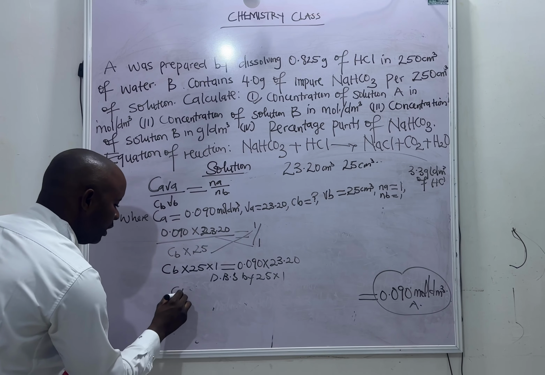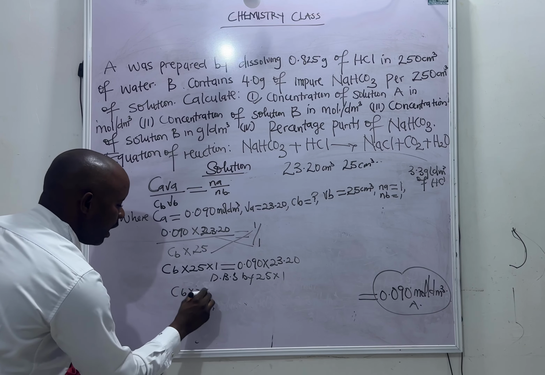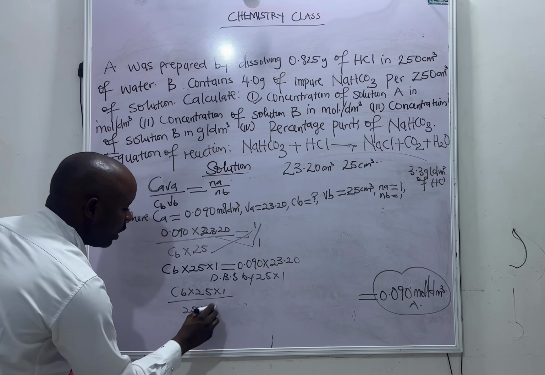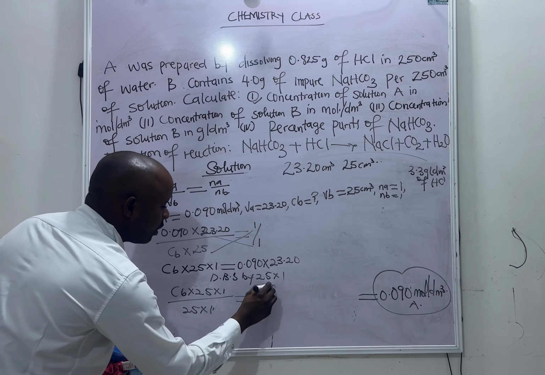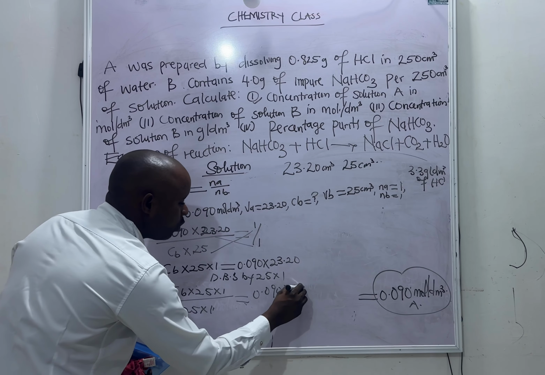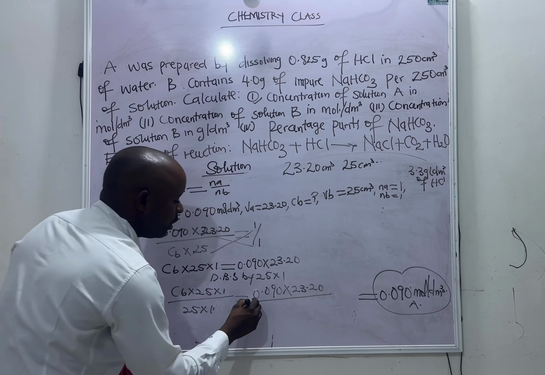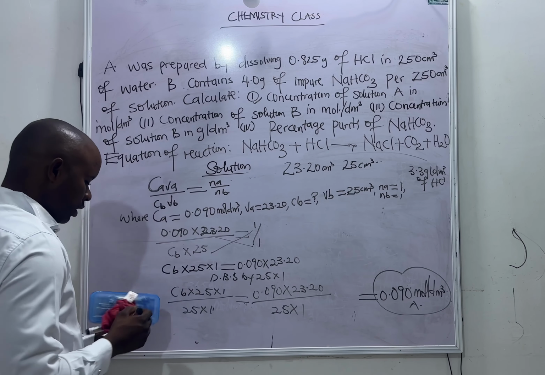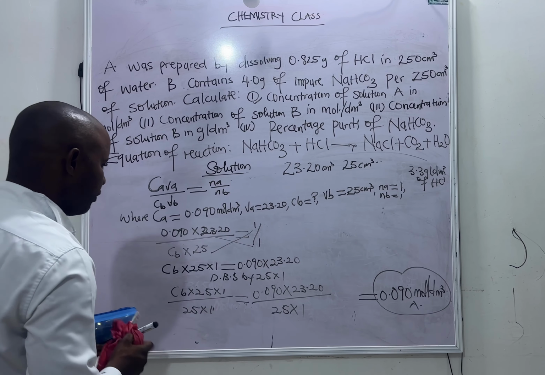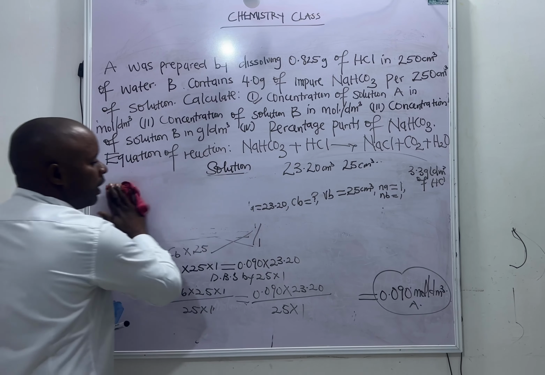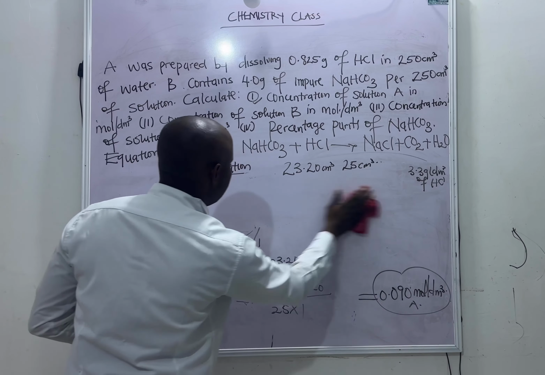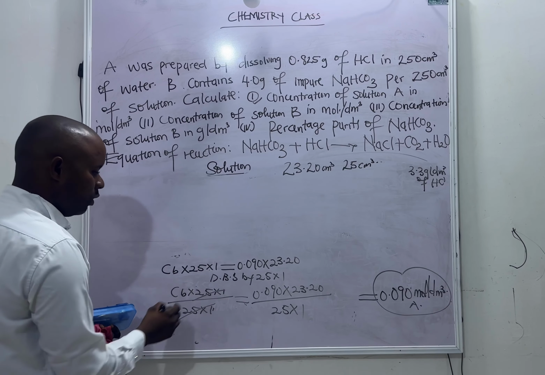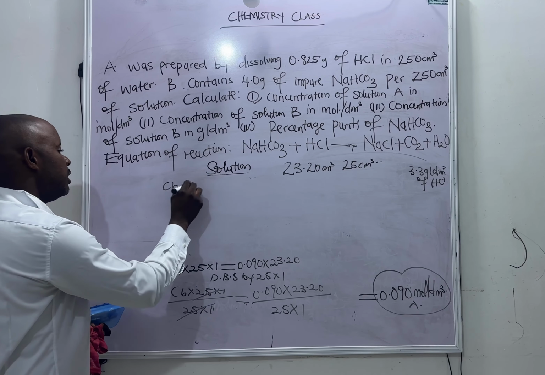I'm going to have CB times 25 times 1 divided by 25 times 1 is equals to 0.090 times 23.20 divided by 25 times 1. So this and this will go. That is CB is equal to